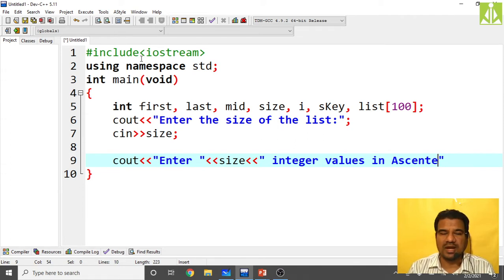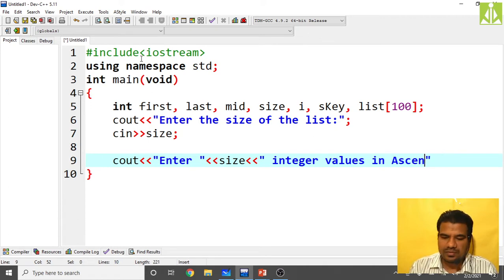We are not going that way. We are going specific to the concept. Of course, we know how to sort the list also, but we don't write unnecessary stuff when they are asking us to write only binary search. We'll write a to-the-point answer. That is the reason why we are assuming that the user will input the list in ascending order, because we are asking him to enter in ascending order.